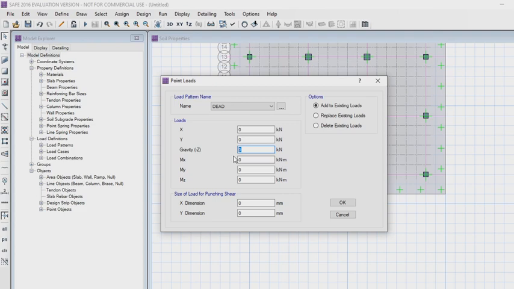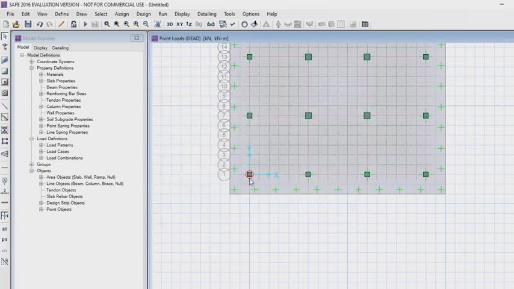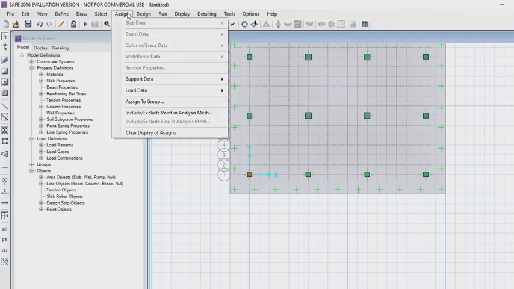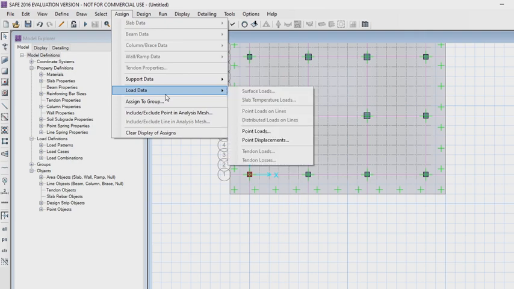The dead load is 1850 kilonewtons and the size of load for punching shear is 500 mm by 500 mm. Similarly, assign live load.